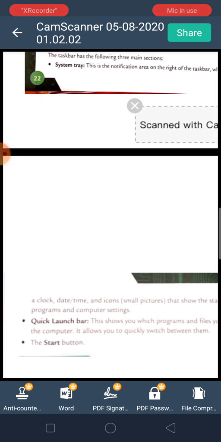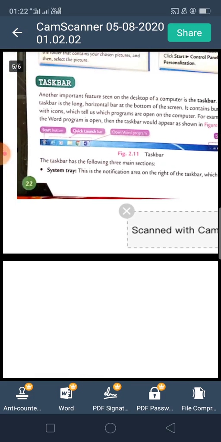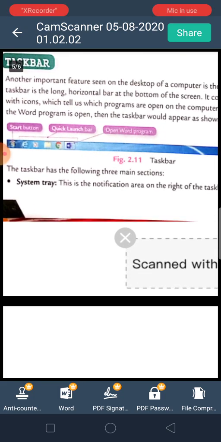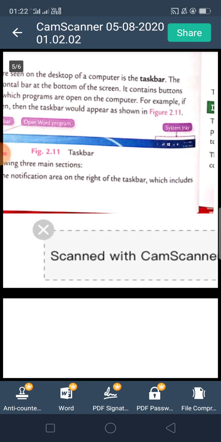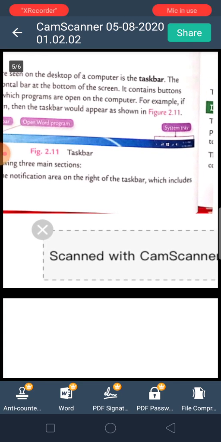What is the work of the system tray? This is the notification area on the right of the taskbar. It includes the clock, date, time and icons.